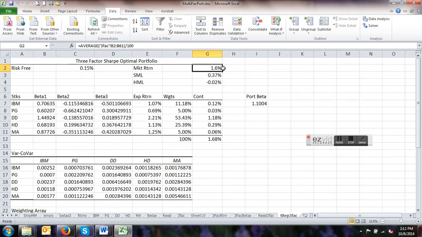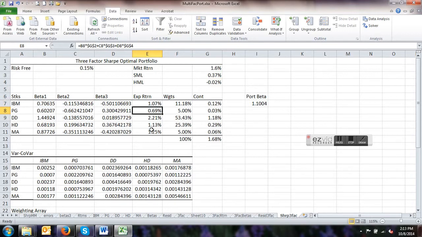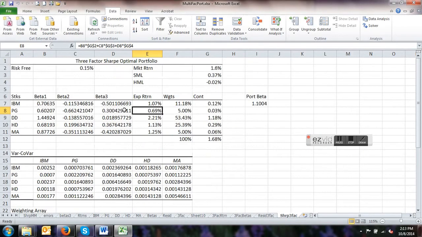For each one of these, you'll notice I'm dividing by 100 so that I end up with a percentage value, so it works with the rest of the table. And then our expected return, since I'm not using alpha in my estimate, is merely the beta 1 times the market return and it's dollar signed, and beta 2 times the market return and it's dollar signed, etc. So once you've adjusted your expected return, you'll come back to the solver